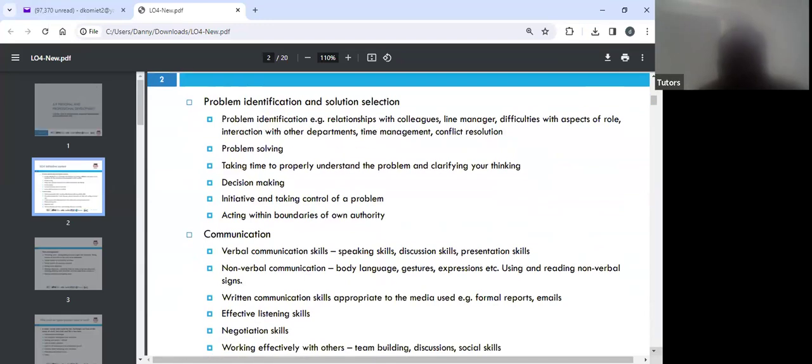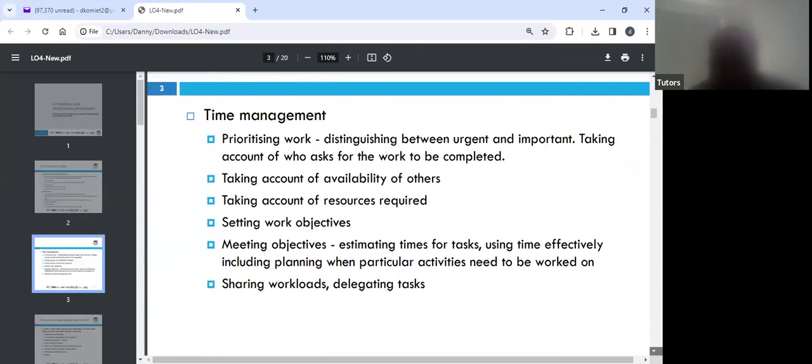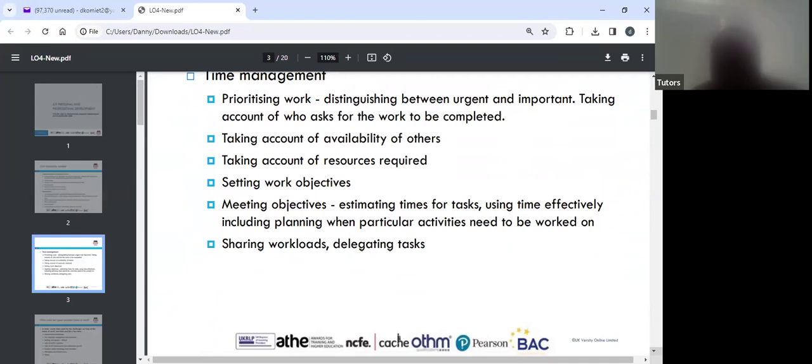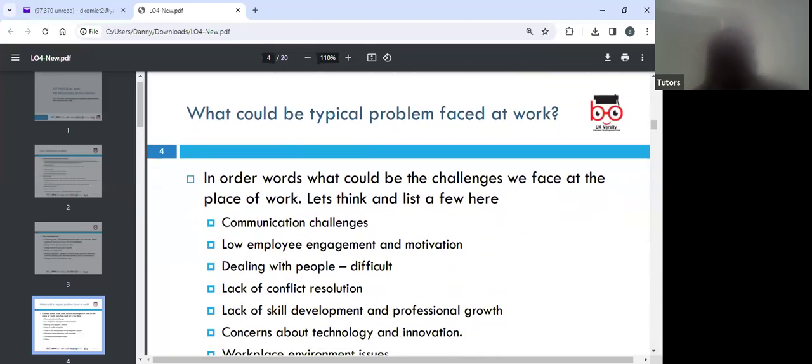We have to look into problem identification, how you can identify those problems, and how you can bring solutions to those problems. You also have to look into communication capabilities, and then the whole topic of time management. We'll go quite straight to the journey and see what is most essential when it comes to